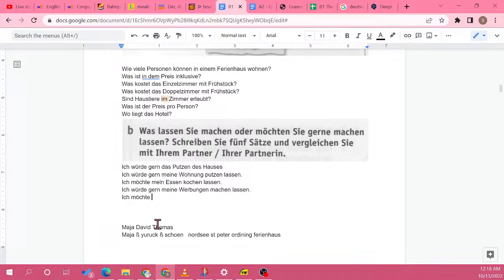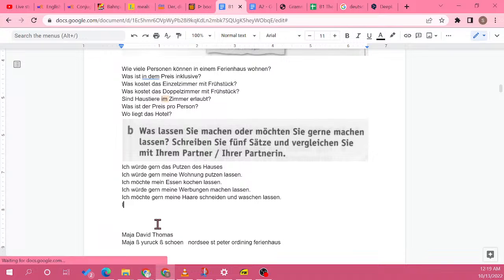I have just 3 sentences. Okay, fine. Okay, ich möchte gern mein Haar, or is it mein Haar? Schneiden und waschen lassen, what I really need right now. Yet again, eine Putzfrau, but that doesn't use the machen lassen plus lassen, whatever. Ich würde gern,